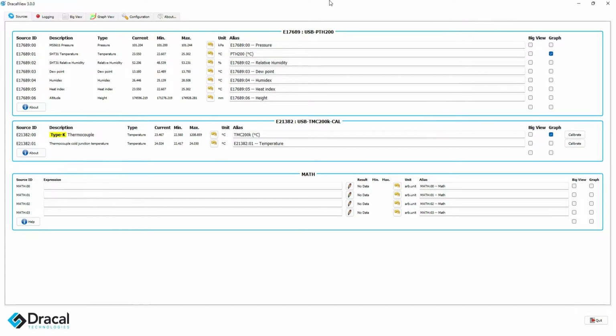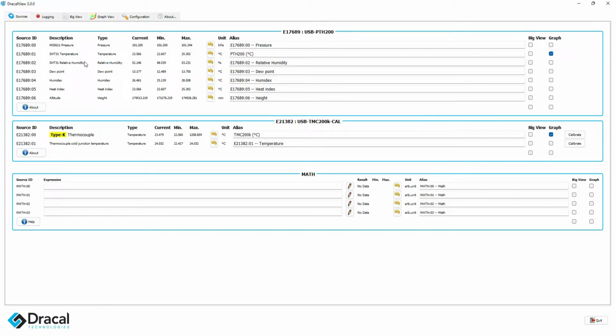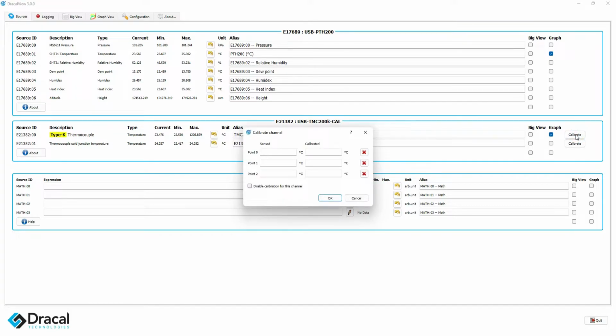In case they do not show, click on the Configuration tab and in the Appearance inset, tick the box Show Calibration Setting buttons. When you have multiple measuring instruments for the same parameter, pick one as your reference and calibrate the other ones. When you click on the Calibrate button, the dialog box Calibrate Channel opens and allows you to